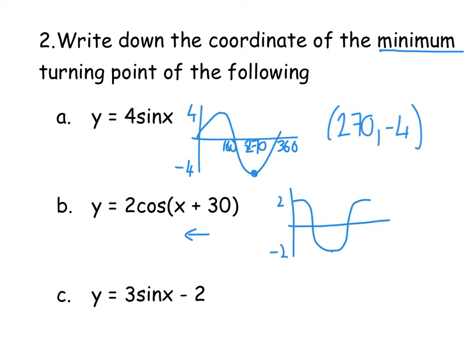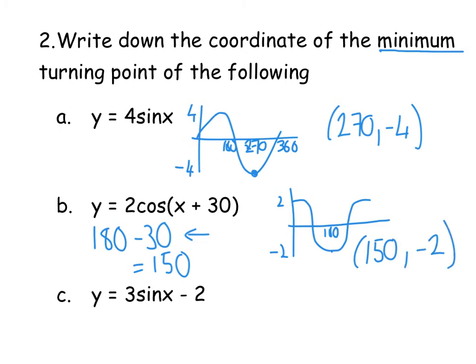Now this would normally be right in the middle, it would be 180. But remember, we've said we've moved that back 30 in the negative direction. So if you do 180 and move it back 30, that gives you 150. So our turning point here will be along to 150, and it will still be down 2 for the minimum turning point. And then my last one,